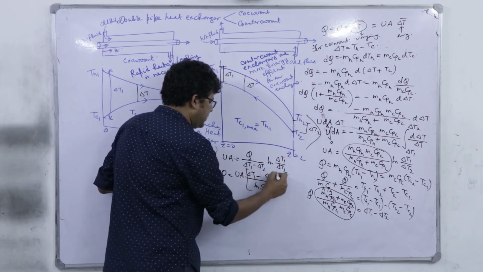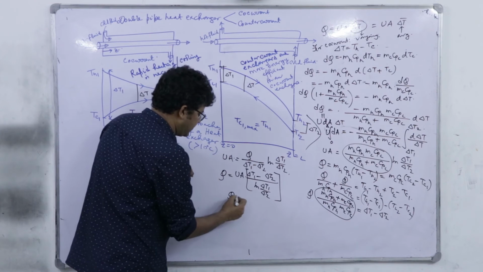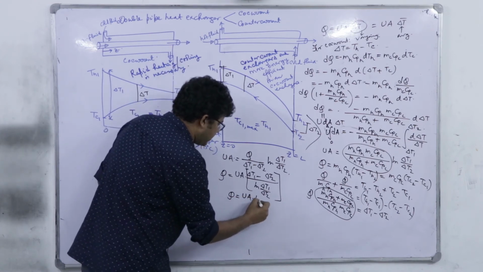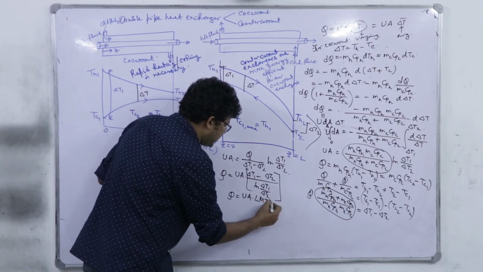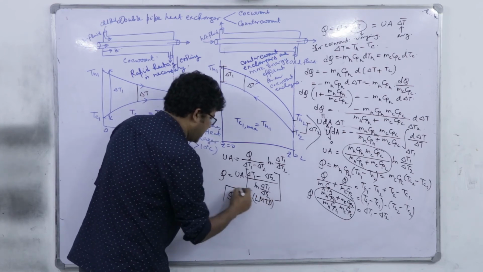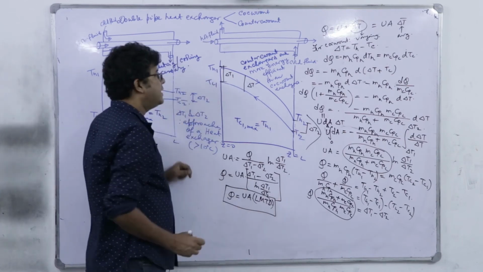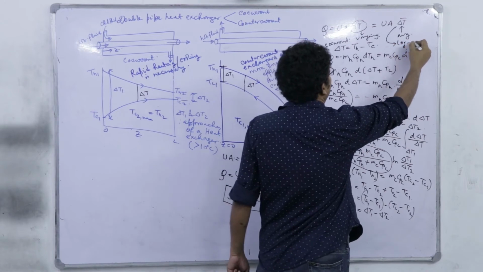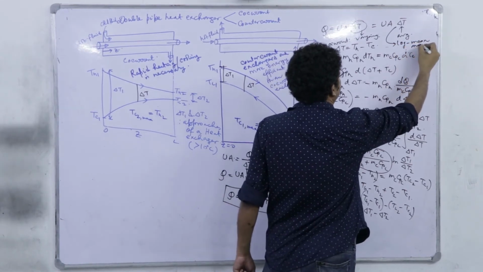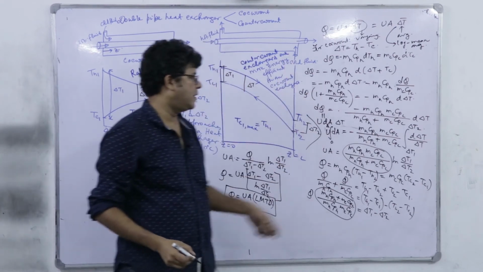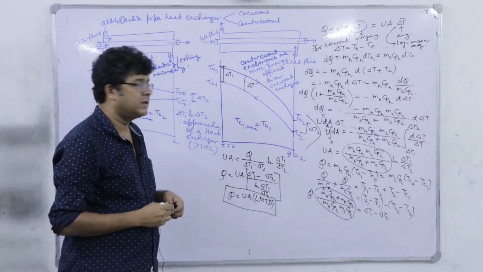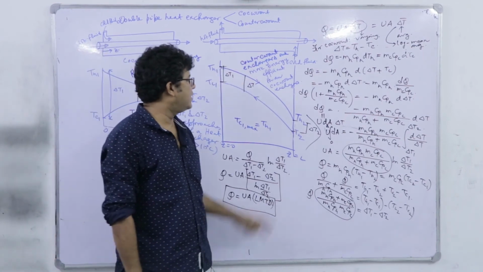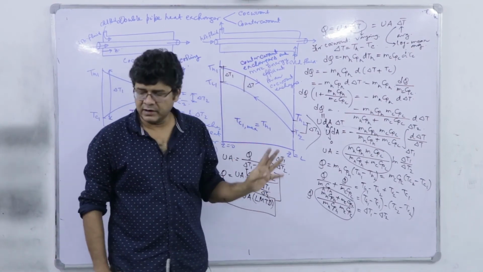So essentially this is the log mean temperature difference, and we get the very famous equation of chemical engineering, that q is equal to UA LMTD, log mean temperature difference. So this average is basically log mean average, right? So that is to be established, or that we have established from here, and the same can be easily established, though I am not going for it. Same can be easily established for this counter current heat exchanger as well.